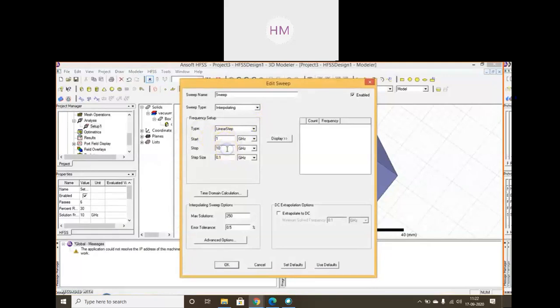The stop frequency we can take as 15 gigahertz. Till 15 gigahertz it will show you the radiations, and the starting frequency we are starting with 6 or 7 gigahertz. It's your wish. And step size you can reduce here. I have taken it as 0.1. Click OK.